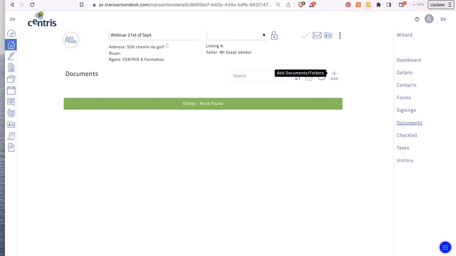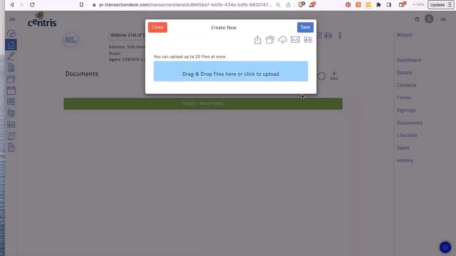So as I mentioned, DocBox is meant to store all the documents other than forms. So what you would be doing here is you would add a new document or a new folder. So I could add a new document here, and the different ways to add a document is either to drag and drop, upload from device, the same thing. You can copy from somewhere else in DocBox, because in DocBox here there's a few